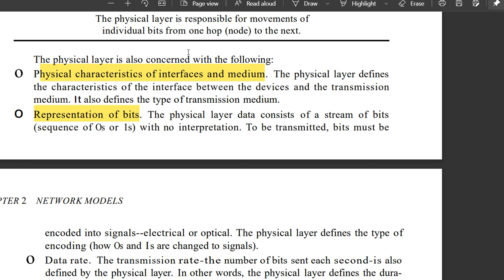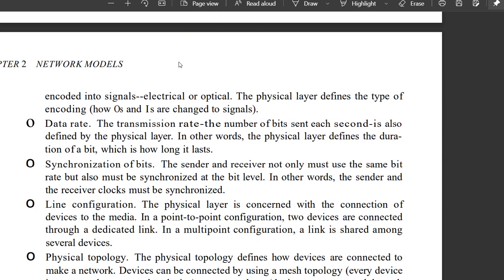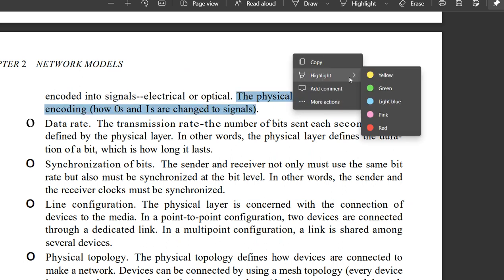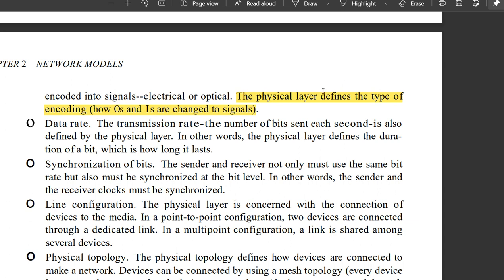That is the responsibility of the physical layer. The physical layer defines the type of encoding, meaning some techniques will be there for encoding data. We are not interested in explaining those encoding techniques right here. That will come in a later chapter. And it is responsible for data rate.